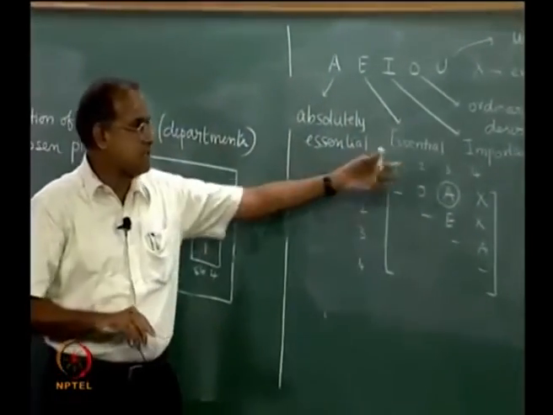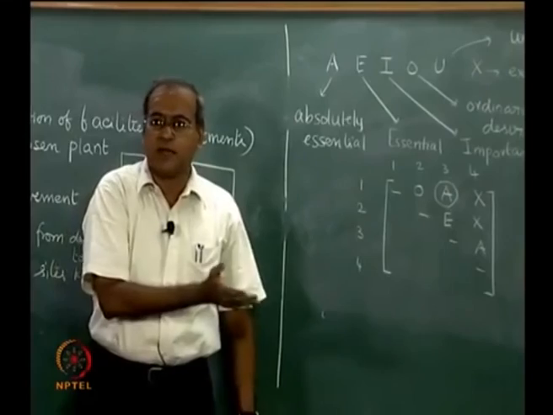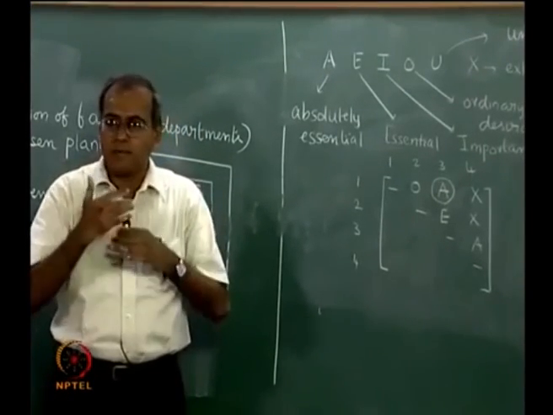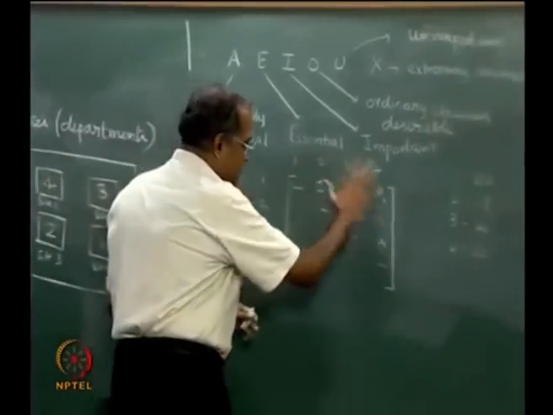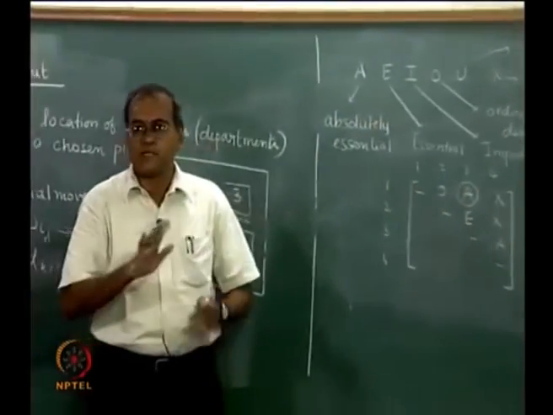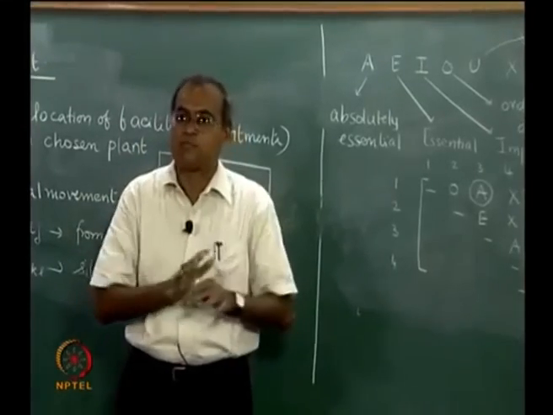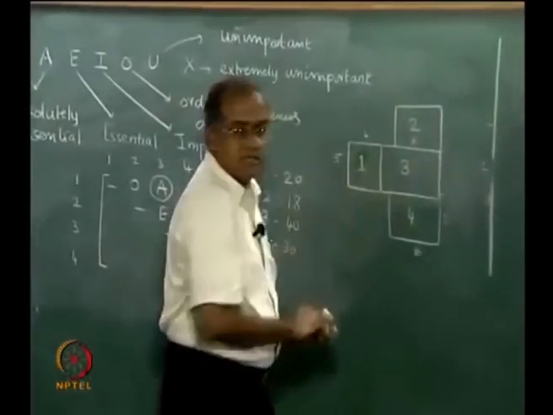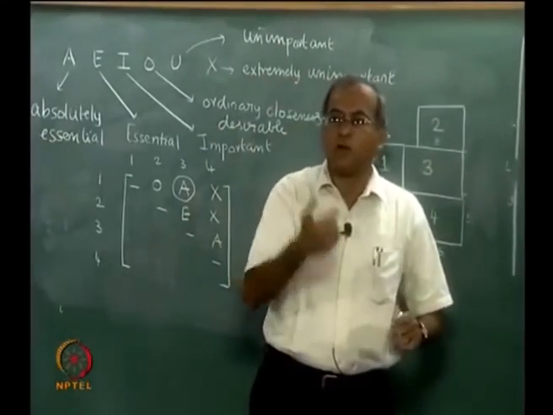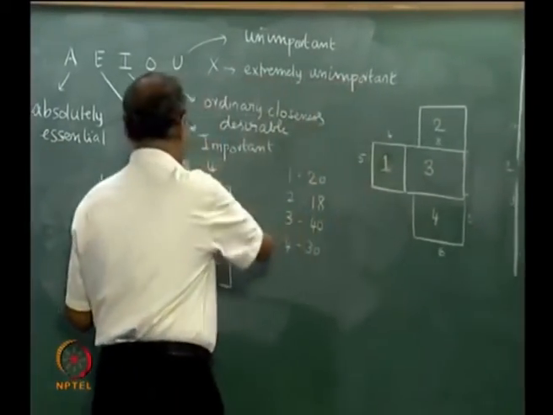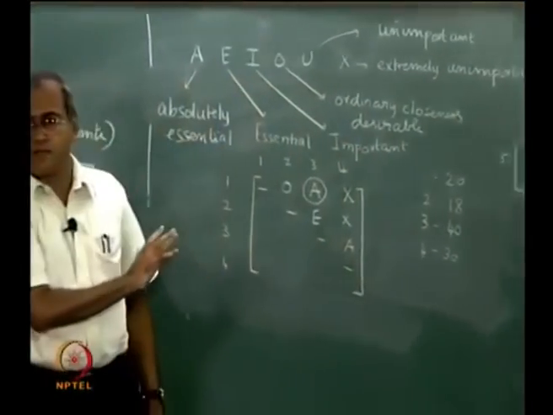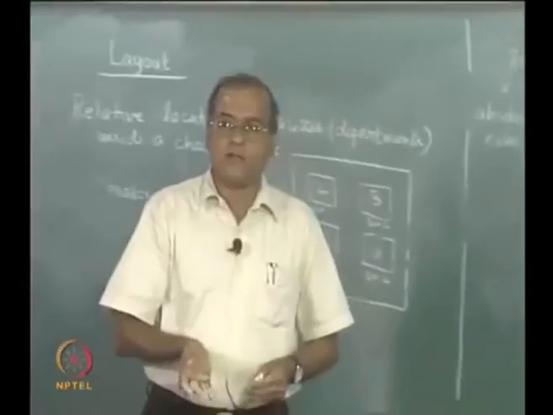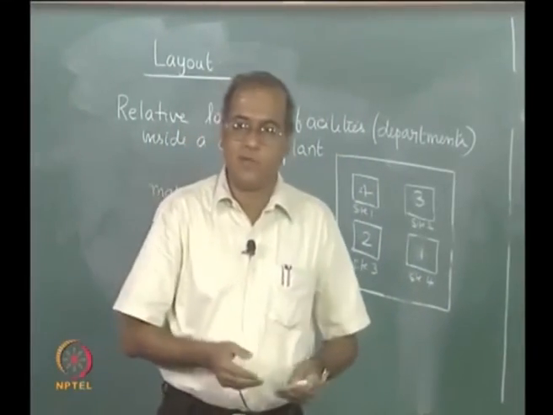There are better versions of the algorithm that we just now described, but most qualitative algorithms are around the basic principle of trying to generate a matrix which captures how close we want the departments to be, and then essentially trying to have a layout of these which fits as close as possible to what is represented in this matrix. With regard to some of the quantitative models for layout, we will see them in the next lecture.